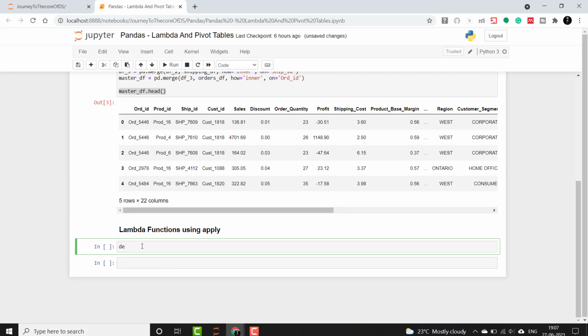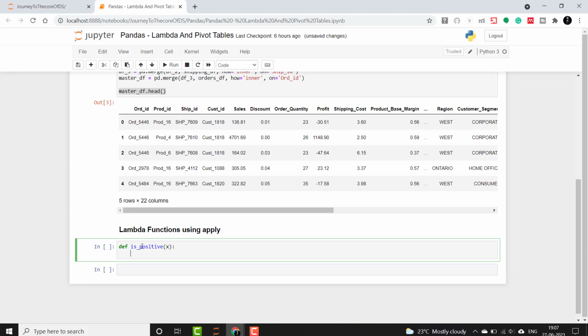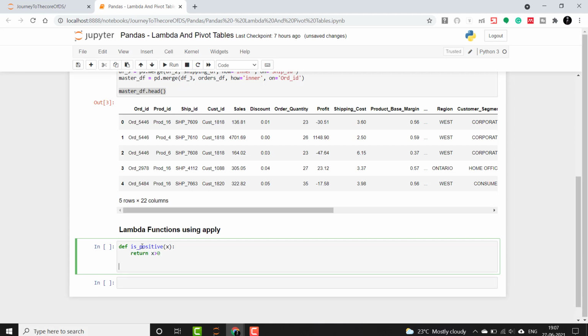So I will say def is_positive, and I will take an integer x here and return x is greater than 0. This function will return either true or false depending upon the input, which is x.